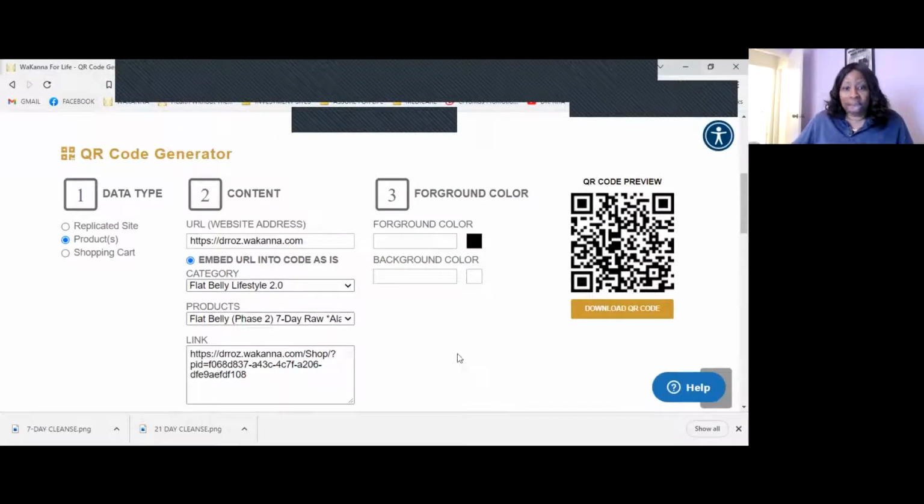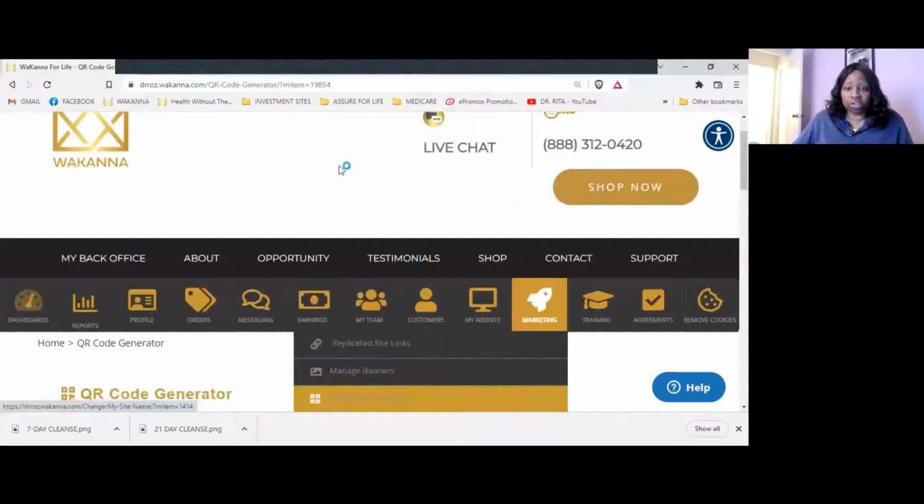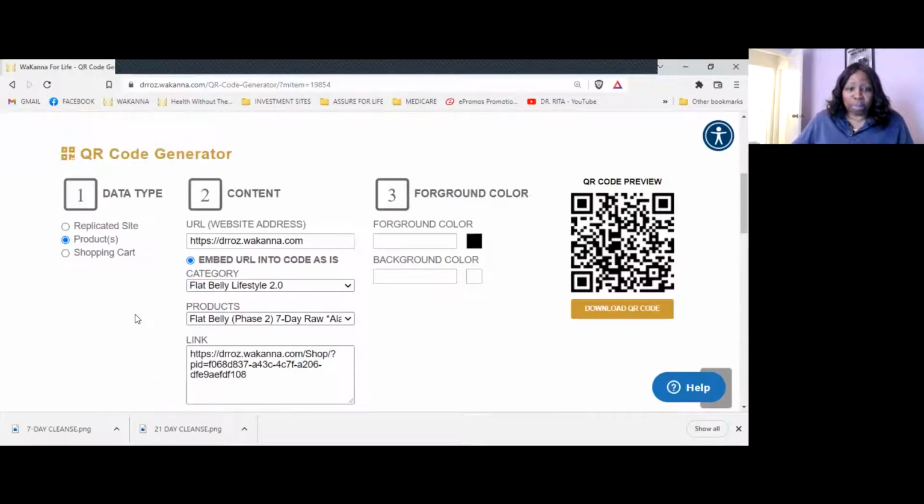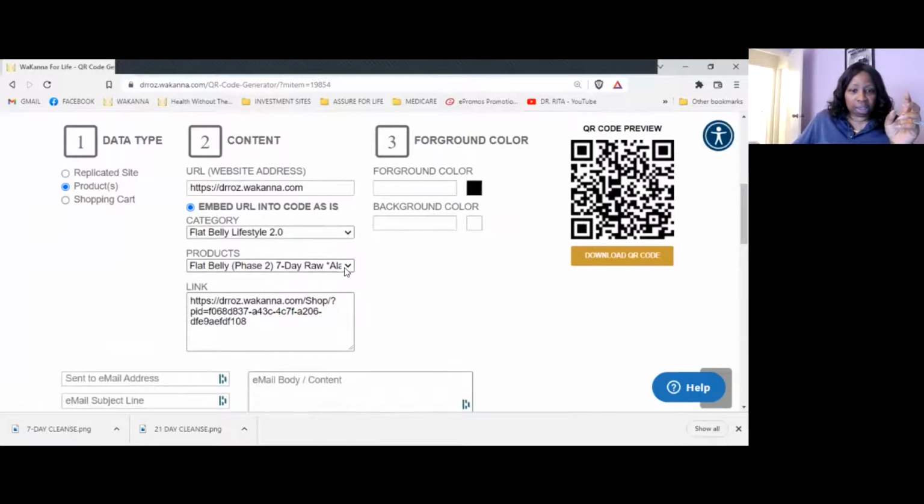Go back to where we started, which was under marketing, QR code generator, and determine what QR codes you want. What do you want to promote every time you hand somebody that postcard? When you hand them that, do you want them to have access to the 7-day cleanse, the 21-day cleanse? Erica said the